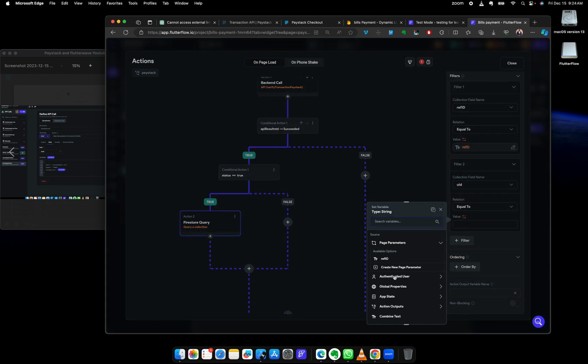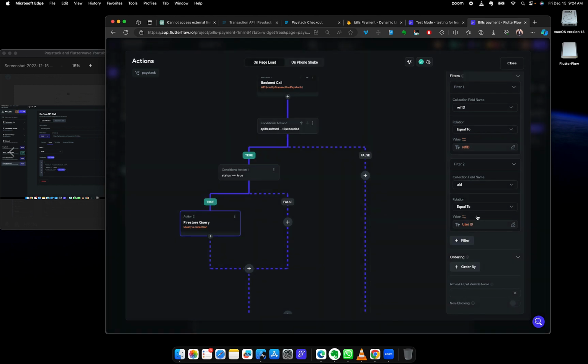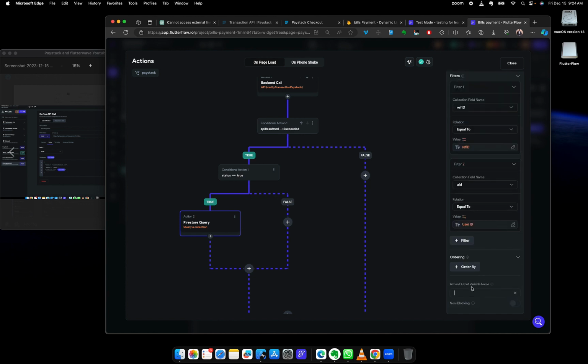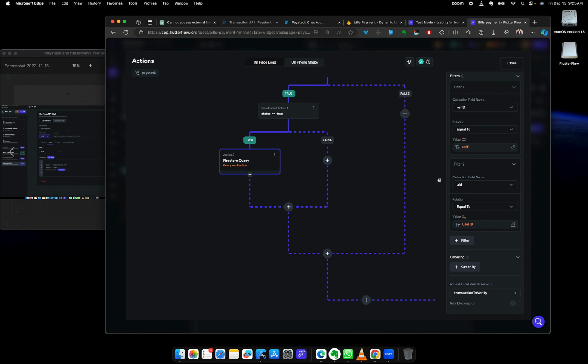So we'll check for user UID. So I'm checking for that particular user that made it, whether it's that particular user that is on that page, so we can be very, very sure. You can name the output, user found, transaction found, transaction to verify. And once you do it, the next thing you can do is that once you've gotten the information,